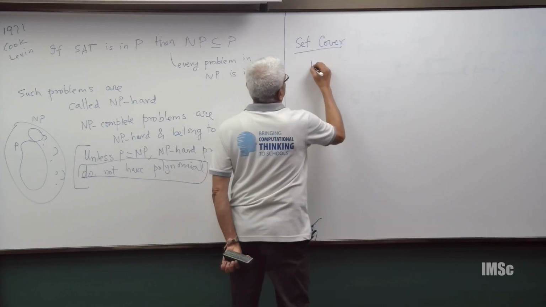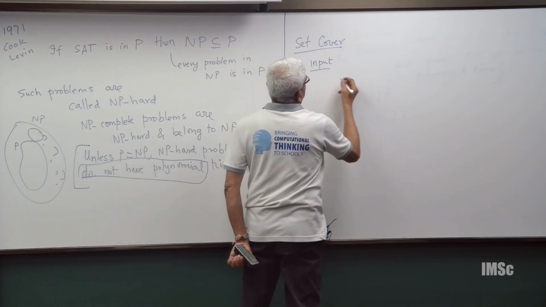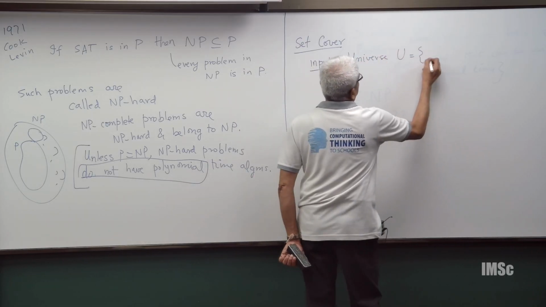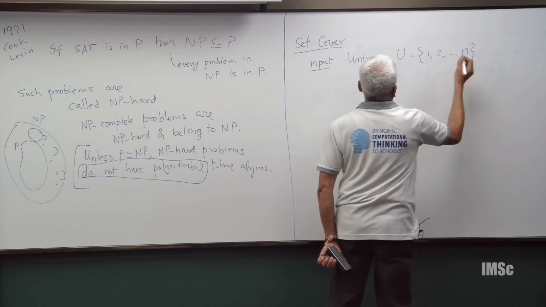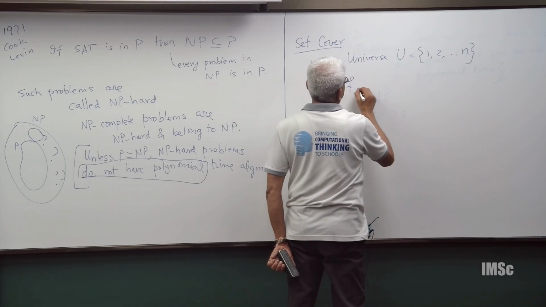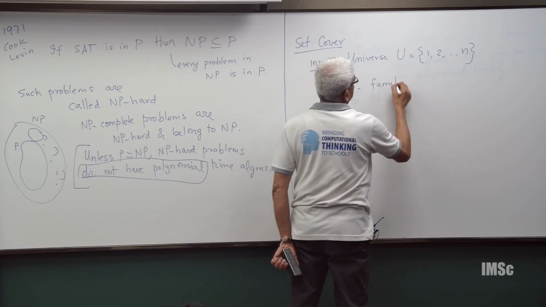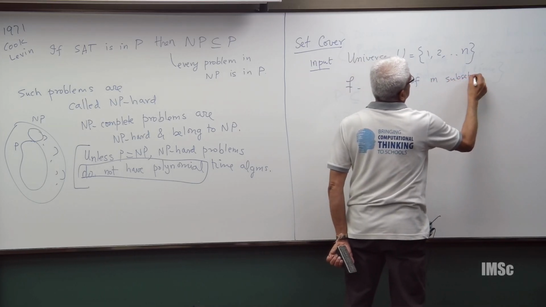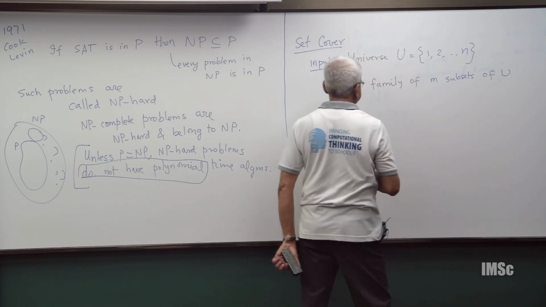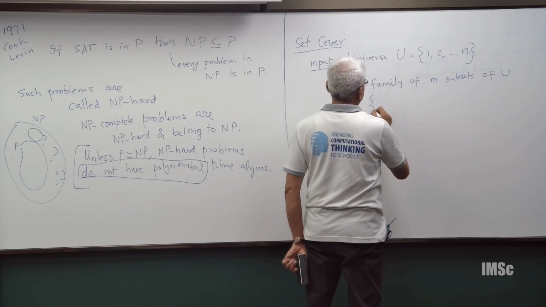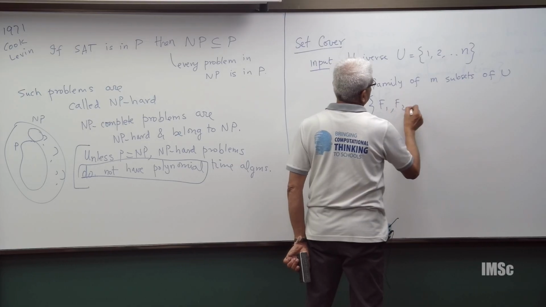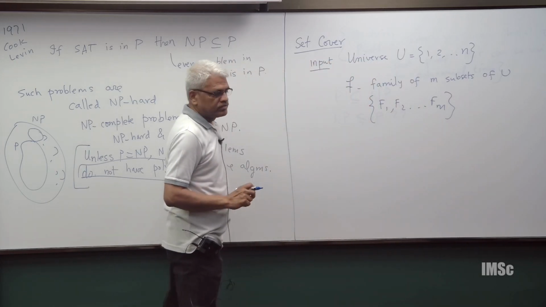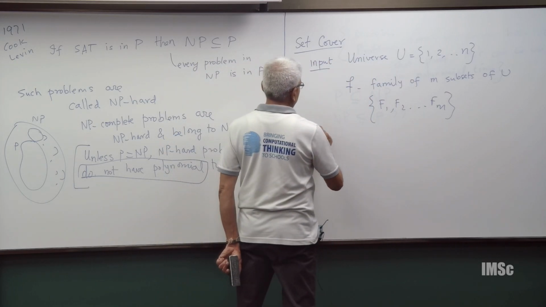Your input has a universe U, let us call it 1, 2, up to n, and then there is an F which is a family of subsets of U. F contains some F1, F2, up to Fm, each is a subset of 1 to n. And the question we want to ask,